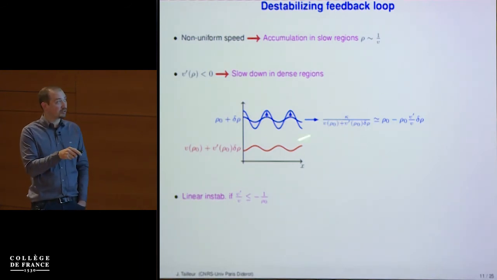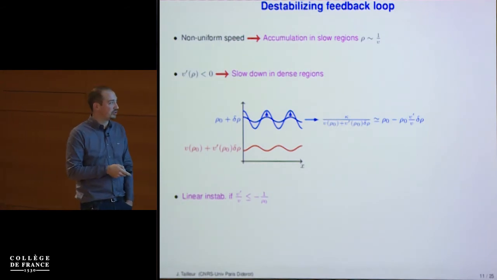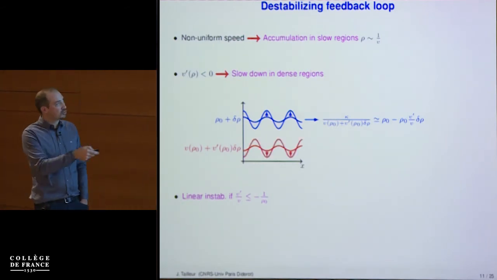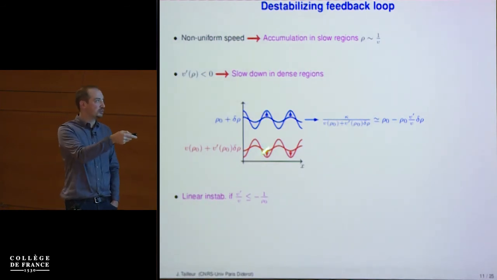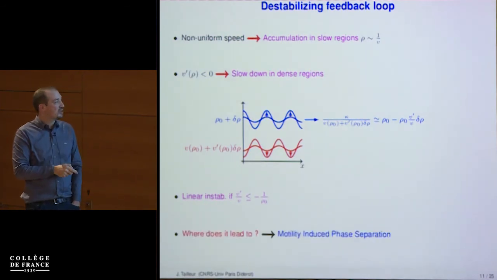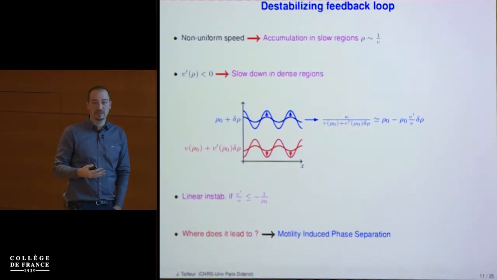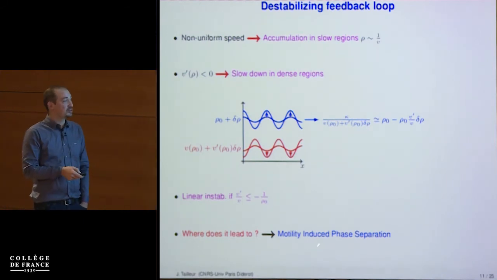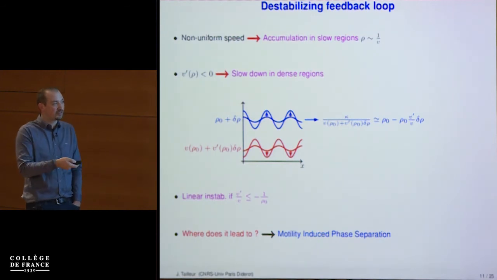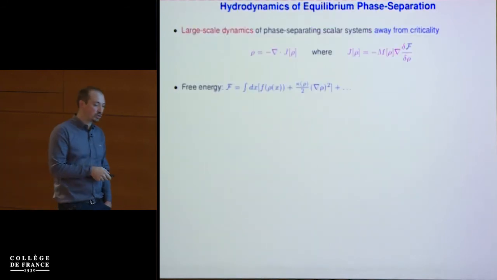That's a hand-waving argument. It turns out that if you do the math, it's also a quantitative argument for the linear instability. And of course, in turn, if you increase your modulation of density, you will increase the modulation of speed. So that's the initial instability. One of the things you'd like to understand is where it leads to. What's the steady state? The answer is that it leads to something we've called motility-induced phase separation, but at this level, it's not easy to know that it will be a phase separation. So how do you answer this question?